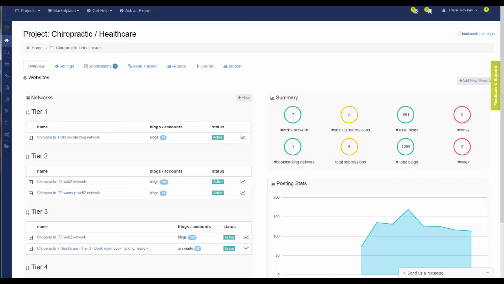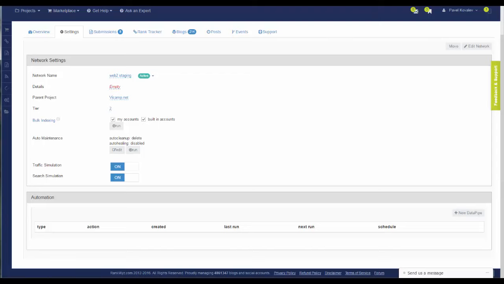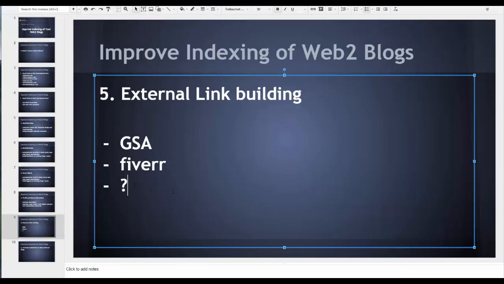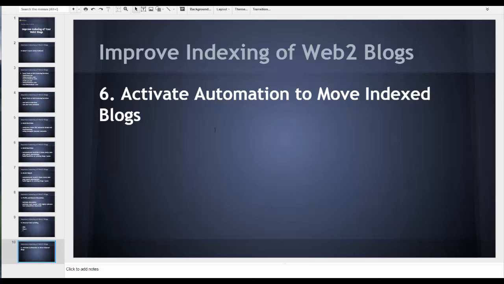And well, I use GSA, which is like using outsourcers. Honestly, I think GSA at the moment really supersedes by far any other link building tools. So I don't know if you need any other bot besides GSA for that, or find someone who is good at GSA. And I mentioned several times through the demo, don't forget to activate automation to move indexed blogs out from the network, so then you focus on blogs that require indexing, and move